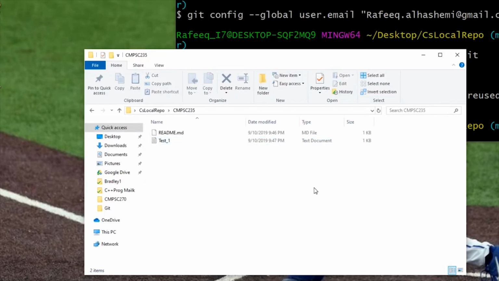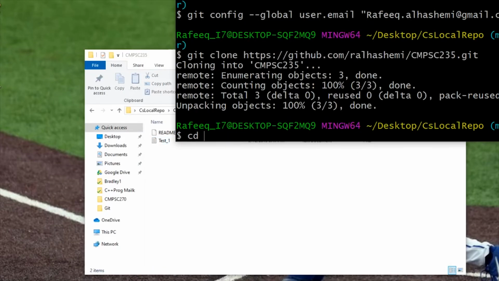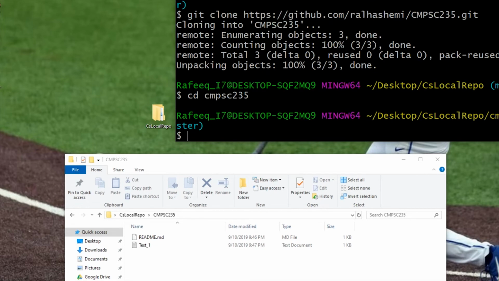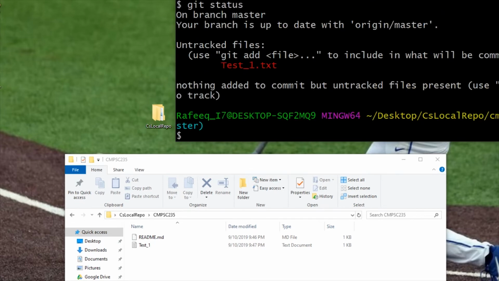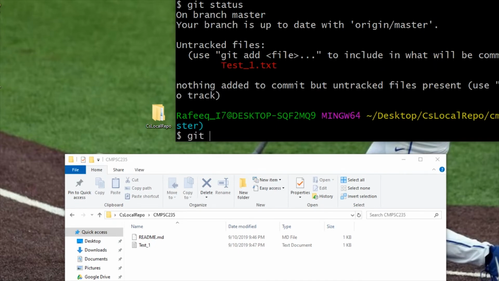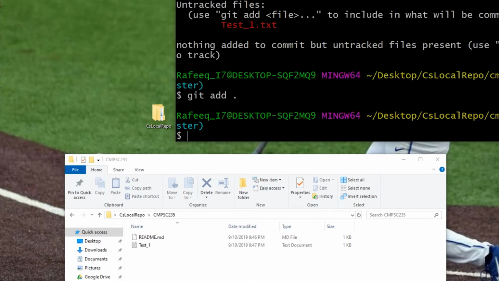So in order to update and to push this update to the server back to the GitHub, first you need to go back to the Git tool, and here change directory. CD means change directory to the folder that you have, and then git status to see the status of your stage here. So it's showing you that the file that we created is not uploaded or not pushed to the server yet. So we will use the git add dot, that means add all the files that we didn't submit,